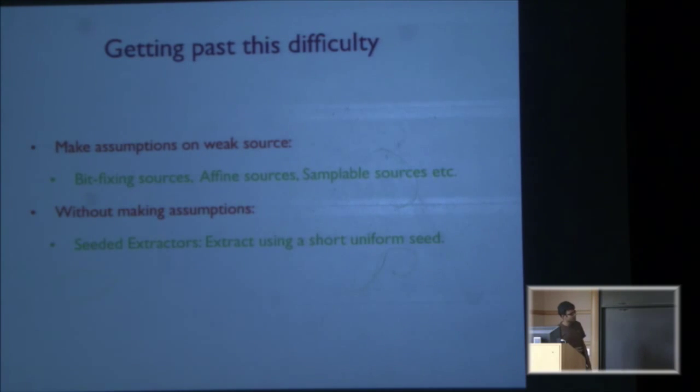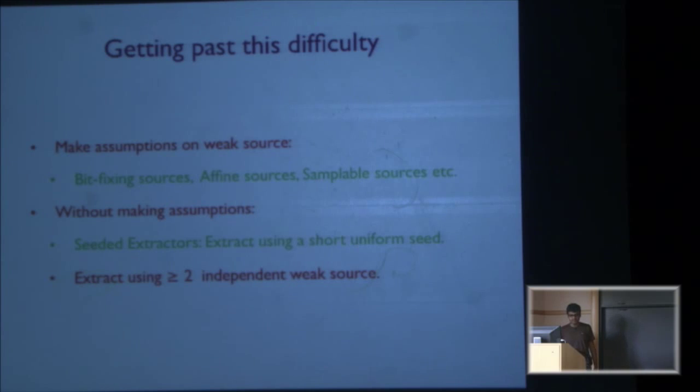All right. So if we have access to more weak sources, there has been a really fruitful line of work here. This notion of seeded extractors, where it's assumed that you have a source x and a small uniform independent string, which is used to extract randomness out of the weak source. And there are really good constructions known, with beautiful work. But the focus of this talk will be where we have access to two independent weak sources.